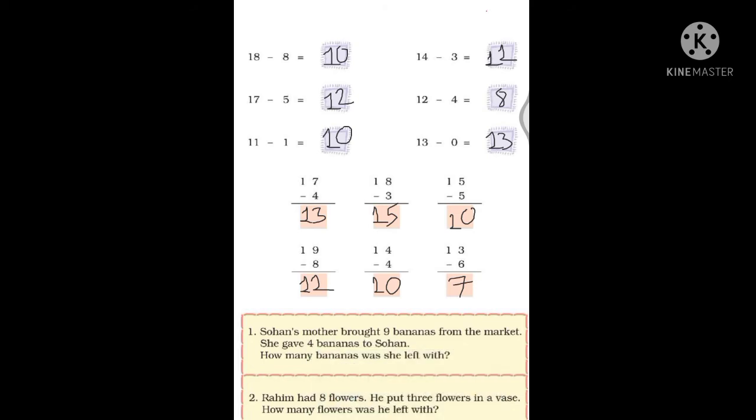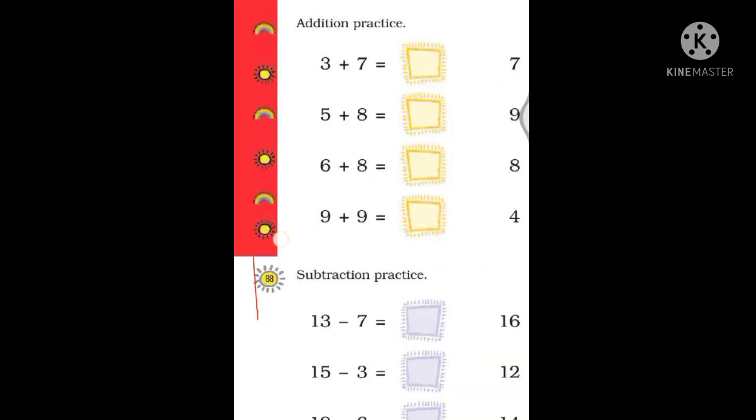So students, here everyone completed this page. And now students, this one, number 1 and 2, is where you put the sign and solve. We can say number story, right? These story sums, we will solve afterwards in the next classes. I will explain them to you later, right? CW exercise is there. Okay.